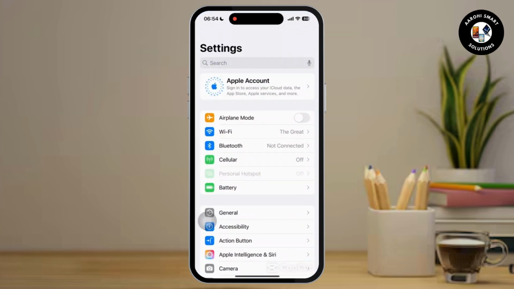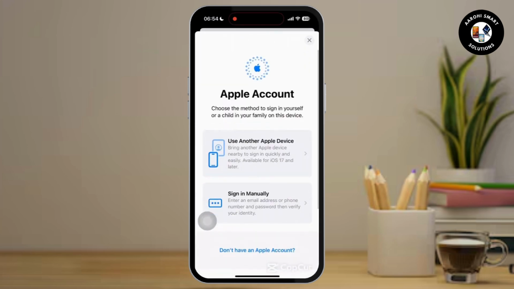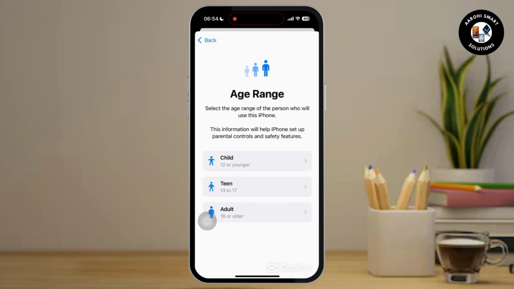Then all you have to do is tap on the Apple account at the top in order to create a new Apple ID. Simply tap on it, then you'll be navigated to another page. Once there, you will get to see the option to sign in manually and use another Apple account or create a new account. If you don't have one, you can simply tap on the Don't have an Apple account option available there,